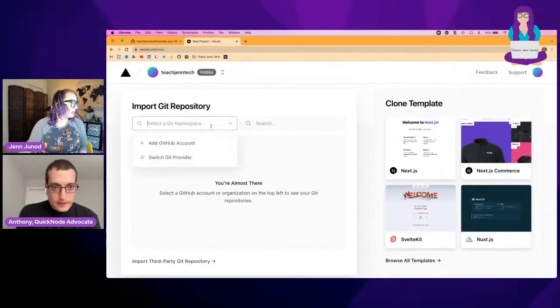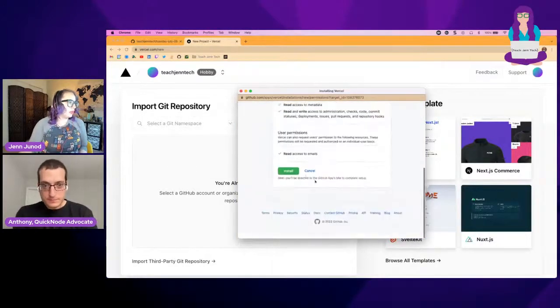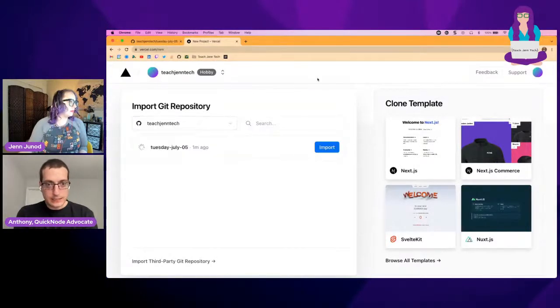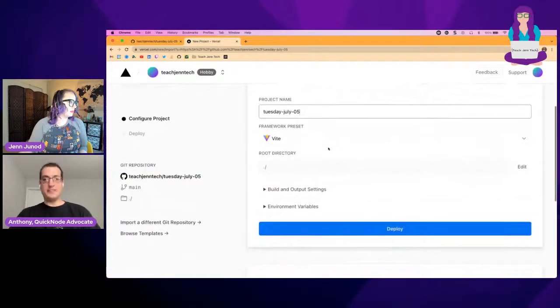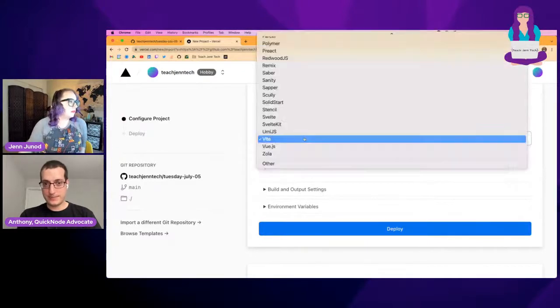And then add GitHub account. Yep. Thank you for staying logged in. I appreciate you, GitHub. And click out of that, and then import. And then notice there's something very cool happening here. You see how it says Vite already? Yes. So Vercel can literally look at your project and tell what it needs to build. So this is incredible. If you click the little drop down under framework preset,